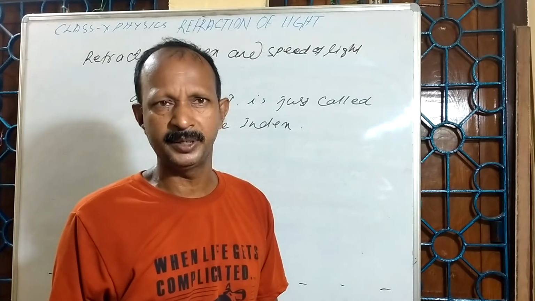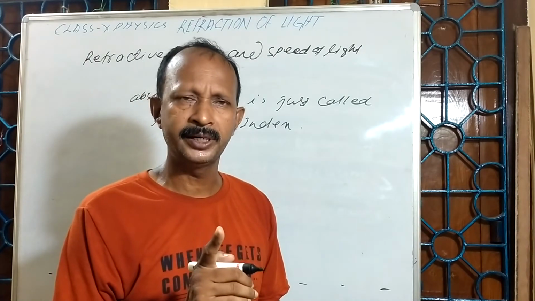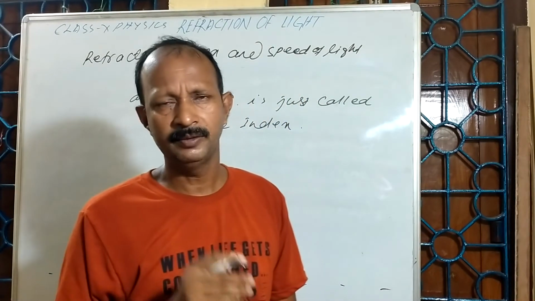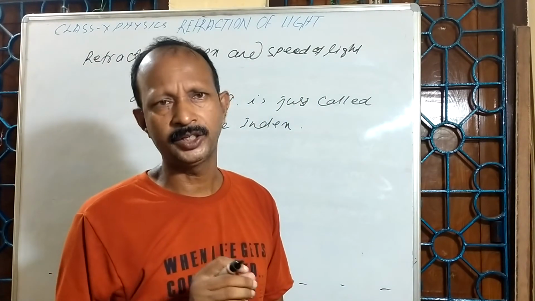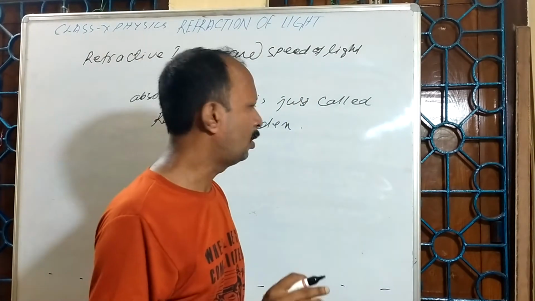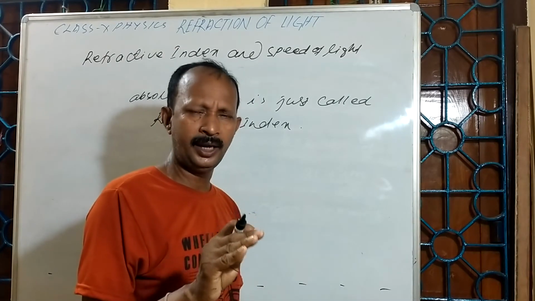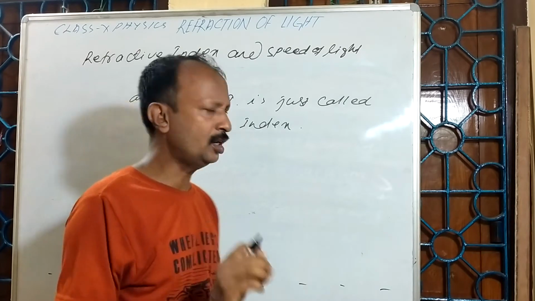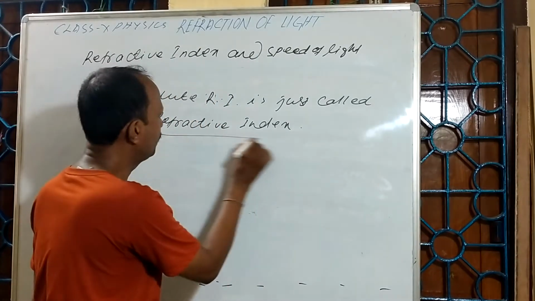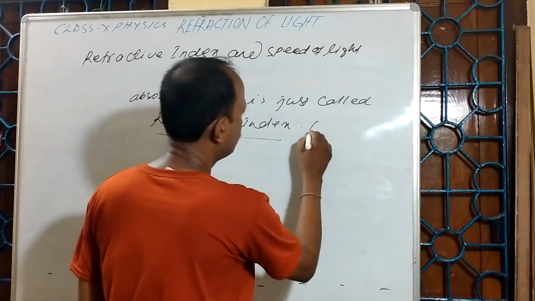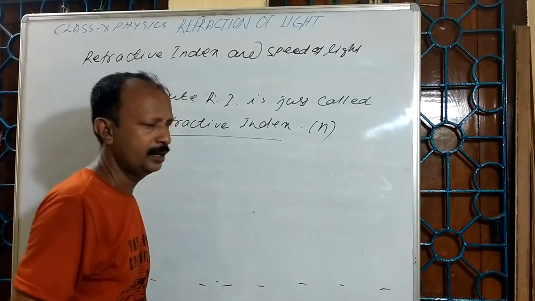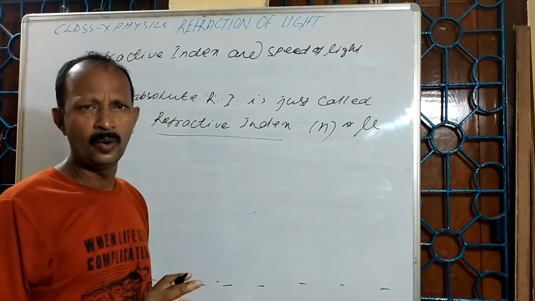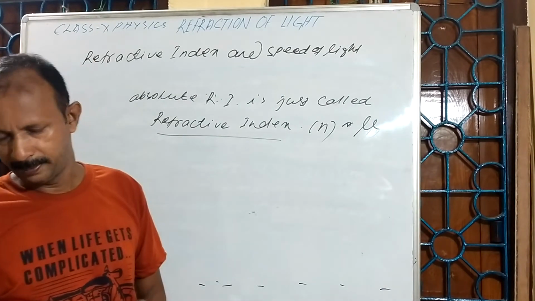But strictly speaking, absolute refractive index will be applicable 100% when the first medium is a vacuum. Okay, so practically, either air or vacuum, we use absolute refractive index, we just call it refractive index, and it is denoted by the symbol N or mu. Here no need to write the subscript. Next one,